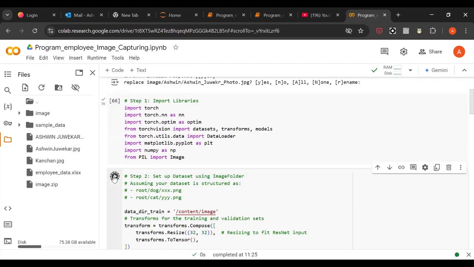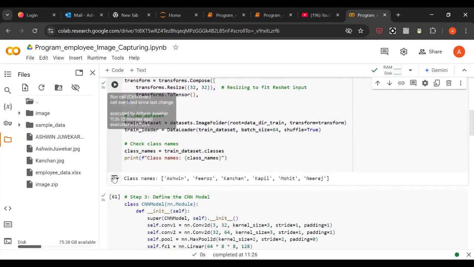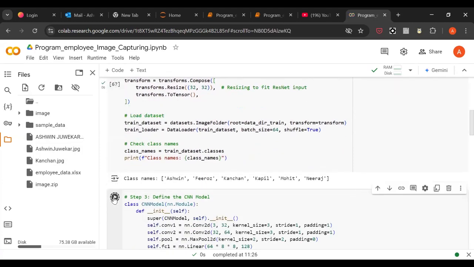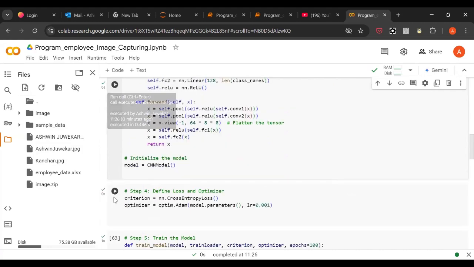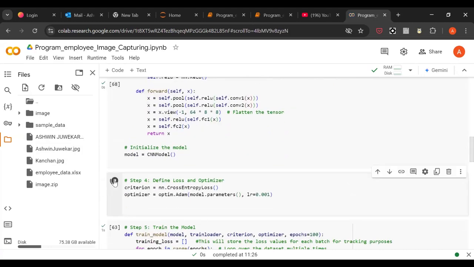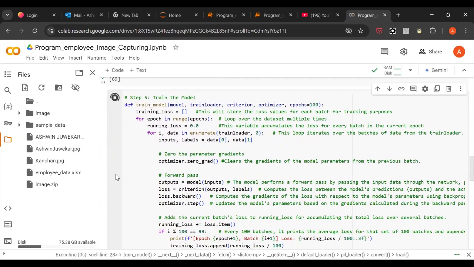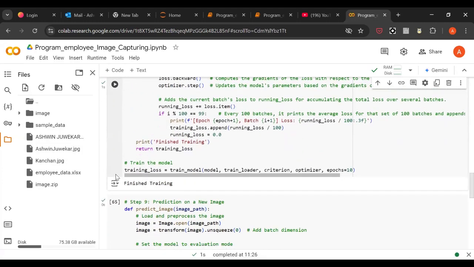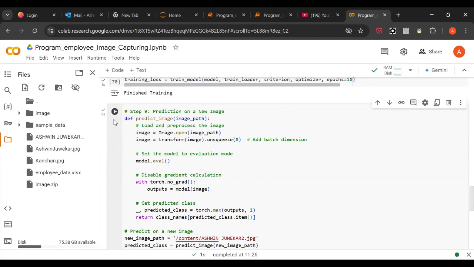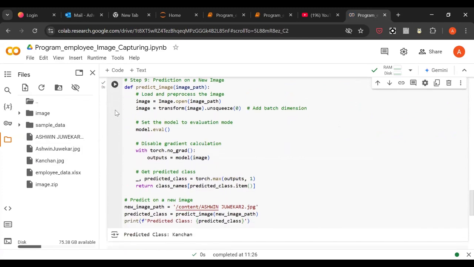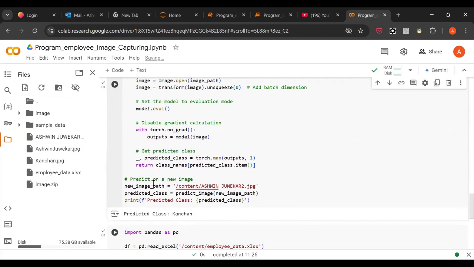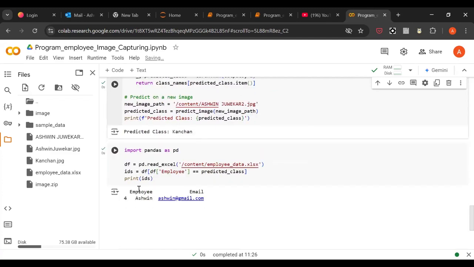From the beginning, we have to test it again. Now again, I'm going to run this. Okay, and then I have to put this content Ashwin Javekar too, and then